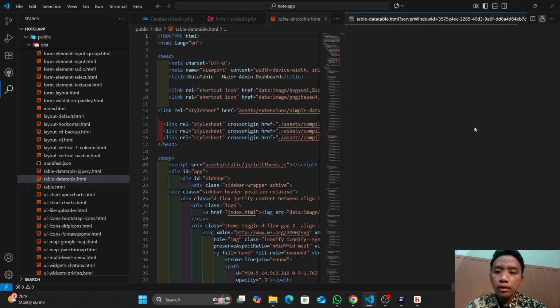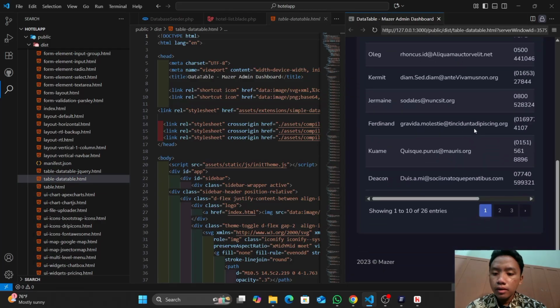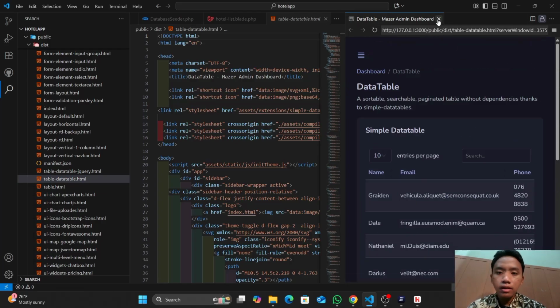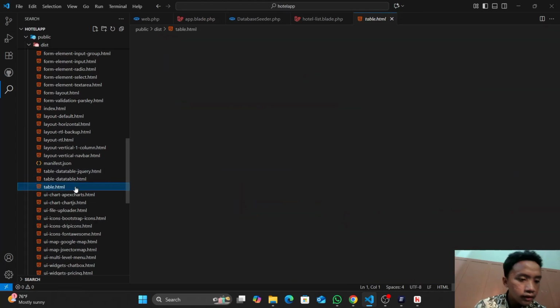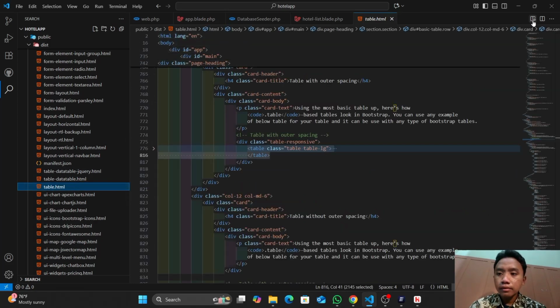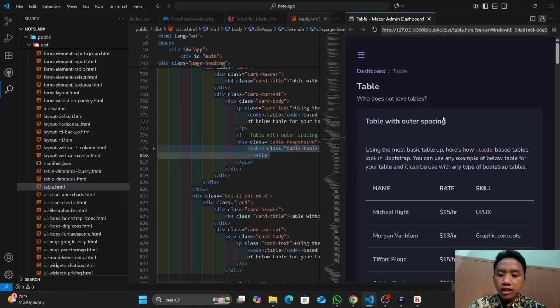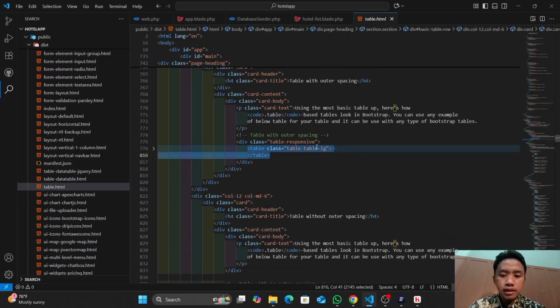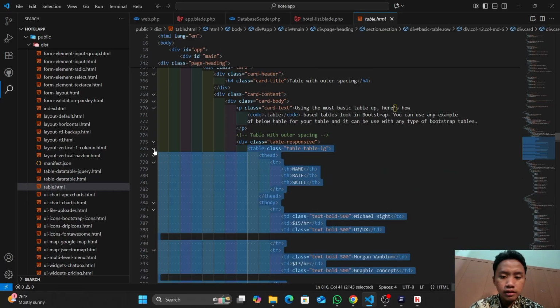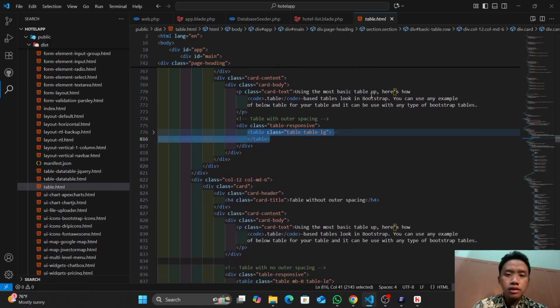So we will look for the table template. All right, we just use a table template. Okay, there are a lot of options, but I think I will choose the simplest.